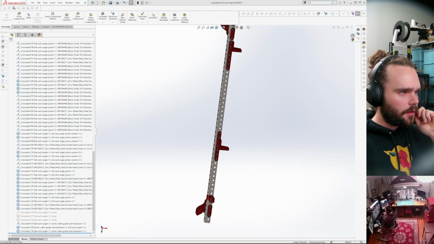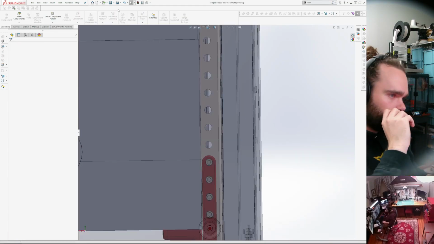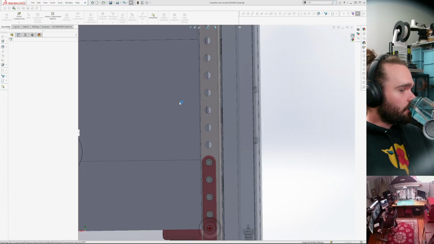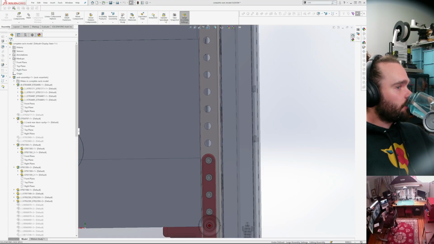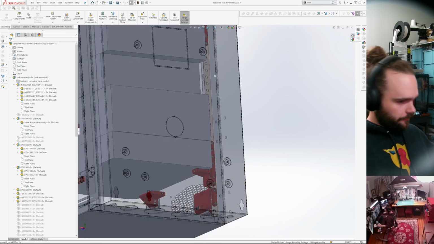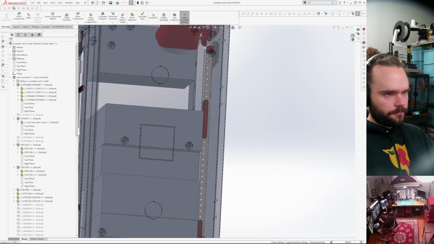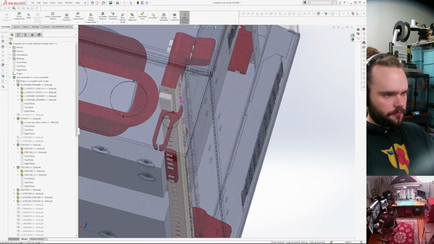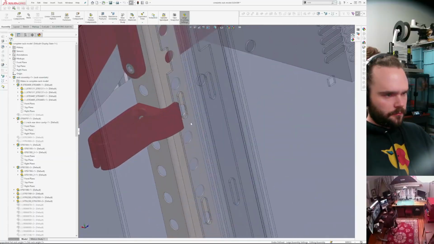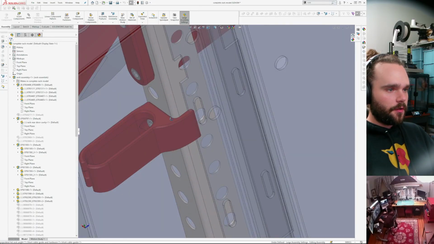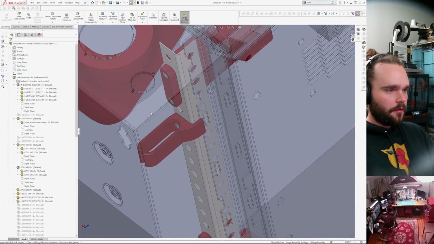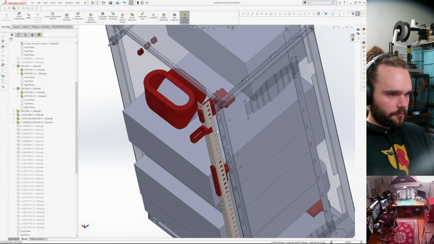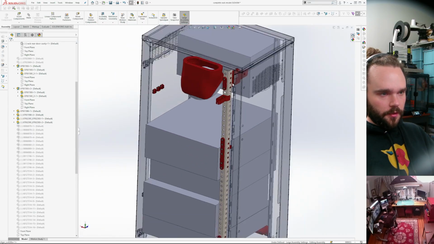So let's go find the big model. Ah, okay. So you can... you see what I'm seeing? Oh no, you totally can. What the heck?